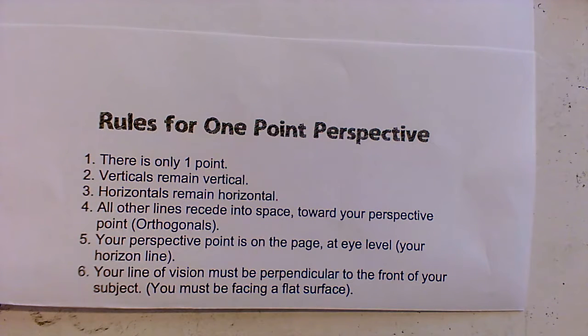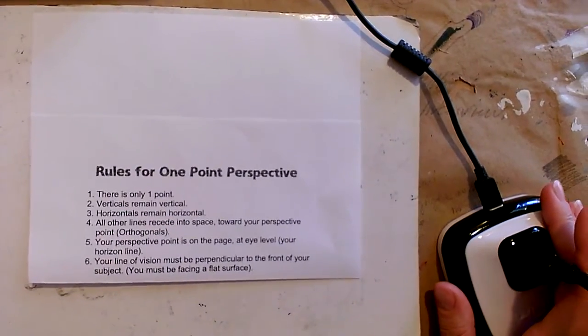Your perspective point is on the page at eye level on your horizon line, and your line of vision must be perpendicular to the front of the object. So let me explain what that means. Let me back this up. Okay, so